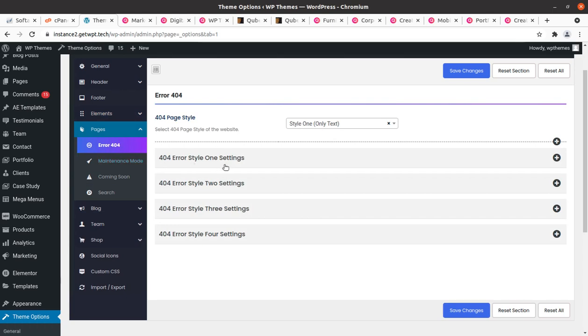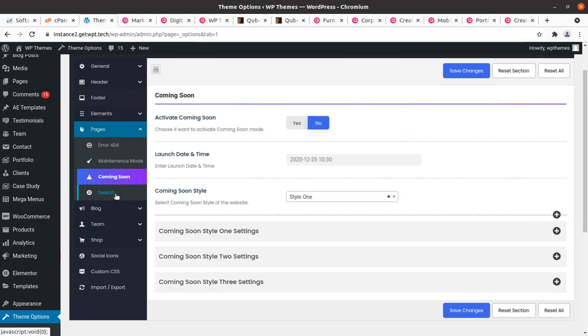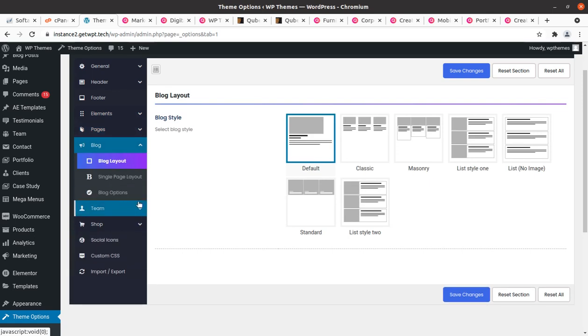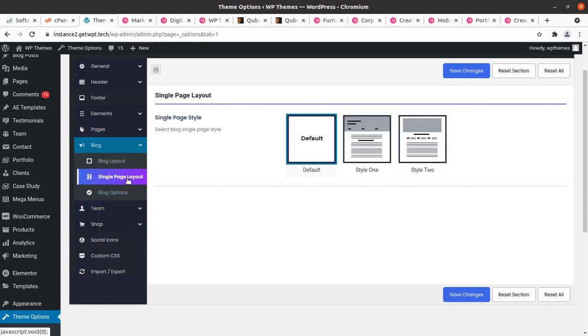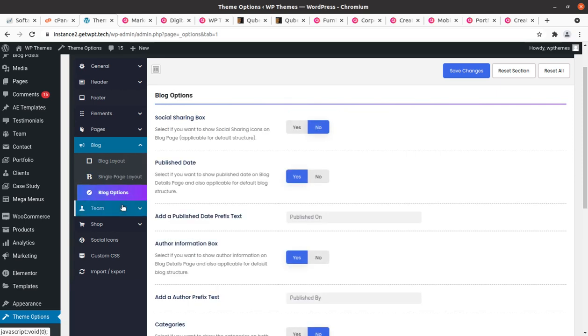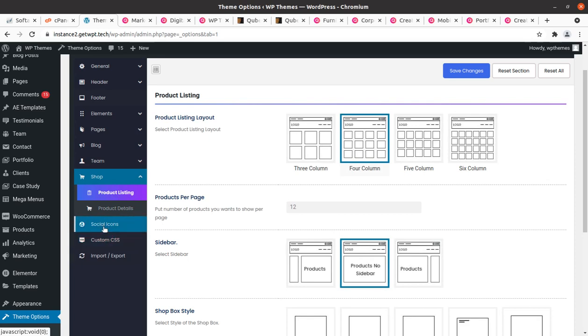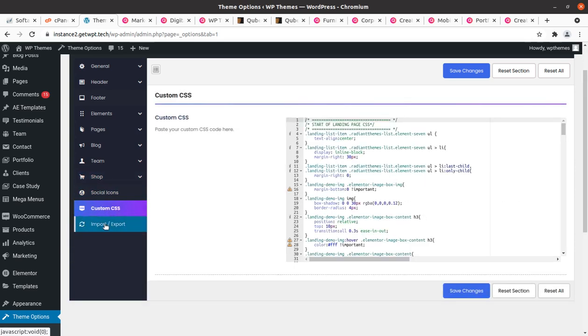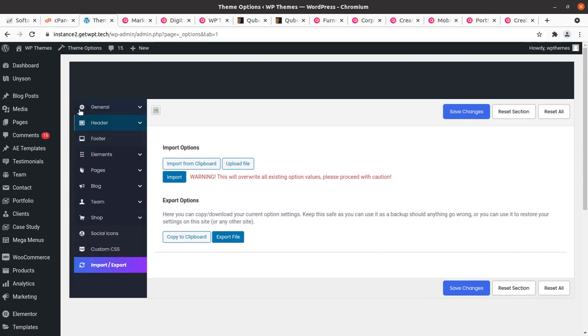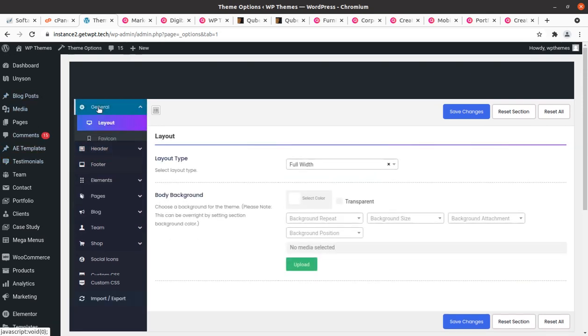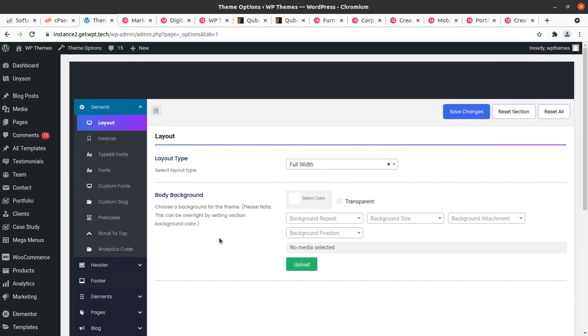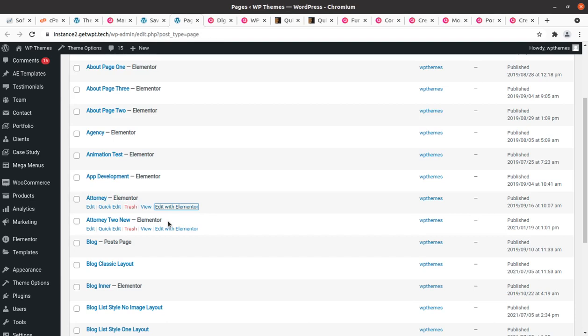Pages you can control, maintenance mode, coming soon, search, blog, and the single page layout, blog options, and now the theme setting, shop, and social icons, custom CSS, import export. So there are many settings that are available in the theme panel itself. And I believe I have shown you each and everything about the theme options and customization, and the remaining is